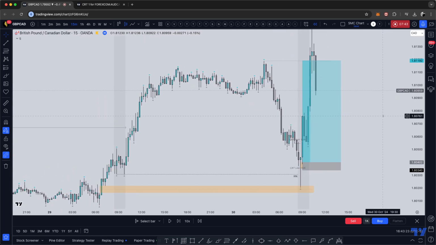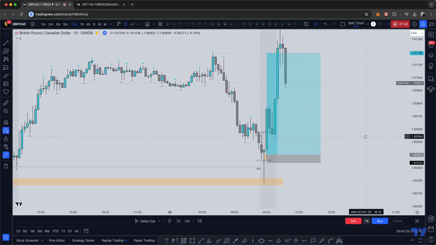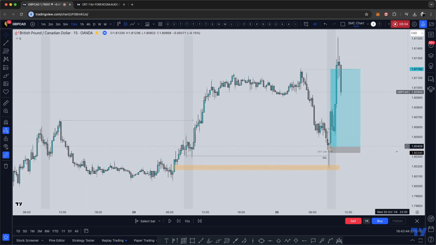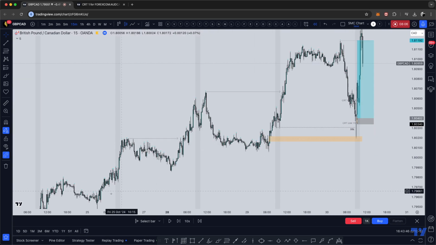You see how important it is to find where you're going to be trading that CRT? Because you don't want to be trading it everywhere or anywhere in the charts, in the middle of nowhere. Okay? And of course, if you combine it with your bias,